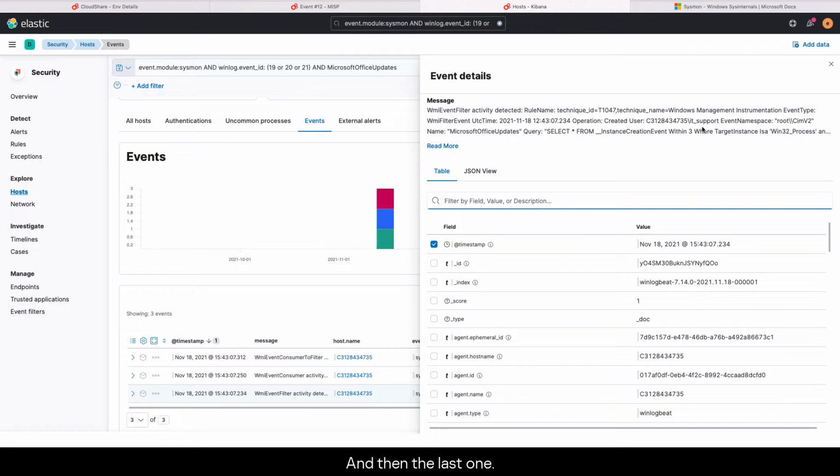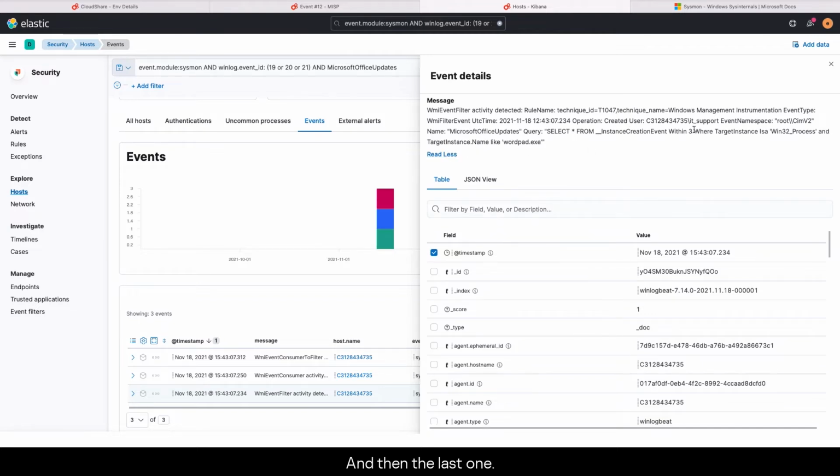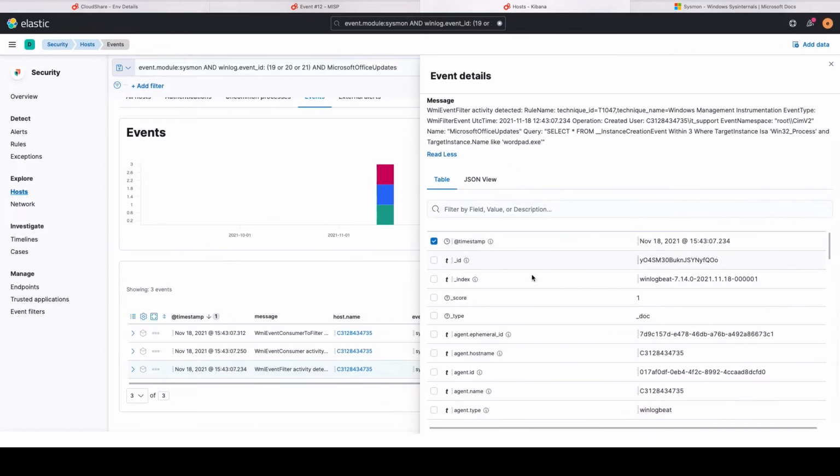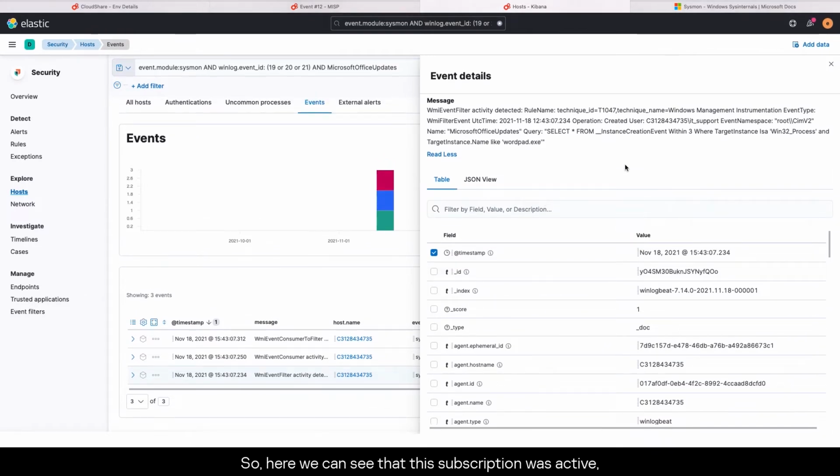And in the last one, we can see that this subscription was active. So this subscription was created, and the query for this subscription was select star from instance creation event within 3,